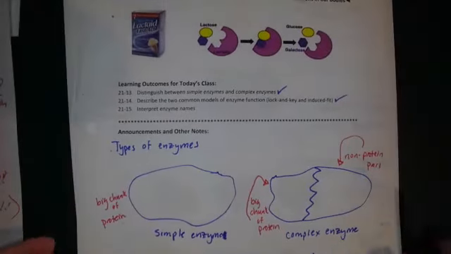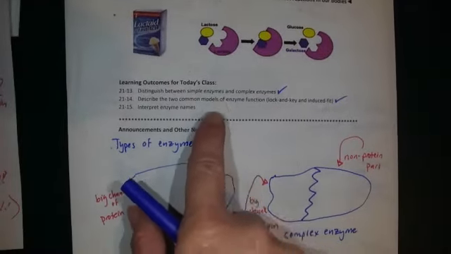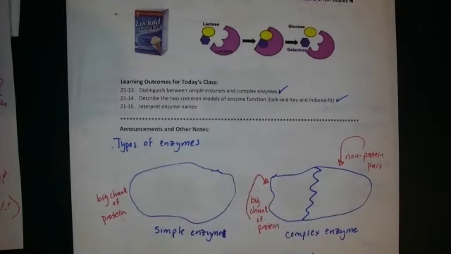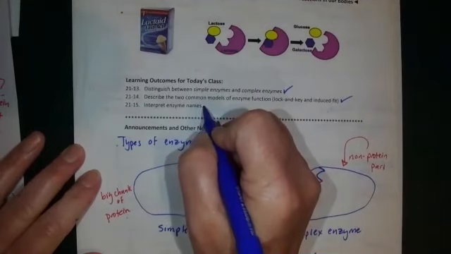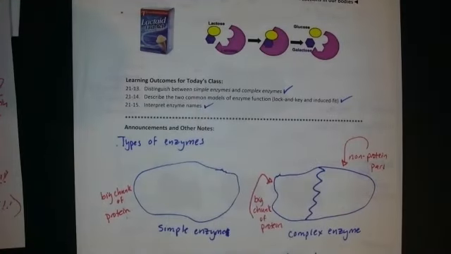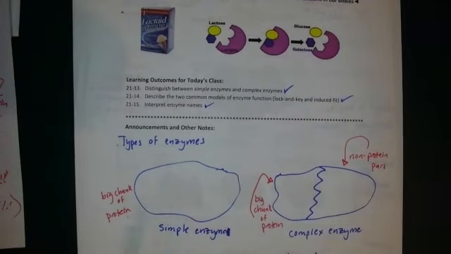How we started was identifying the three topics or objectives we wanted to address in this video, and we've just finished interpreting enzyme names. And so that wraps up our video this time. The next video we'll be talking about how enzymes help with metabolism. Like, what's the role of enzymes in metabolism, actually helping to get the energy from the food we eat.